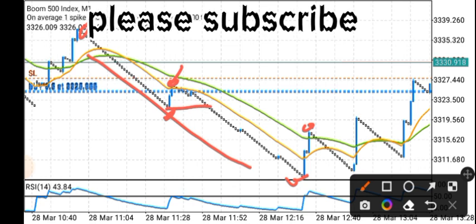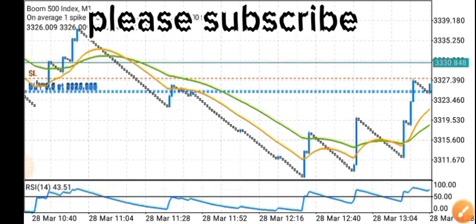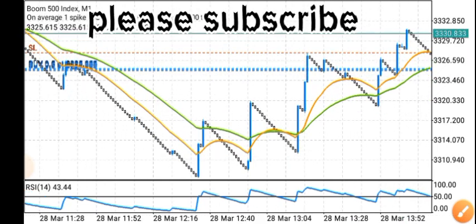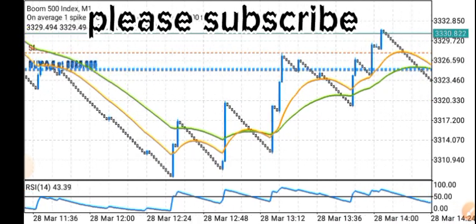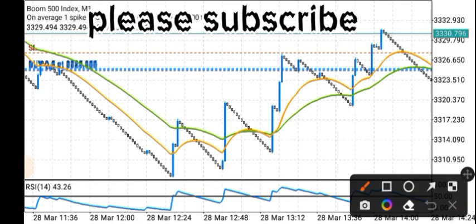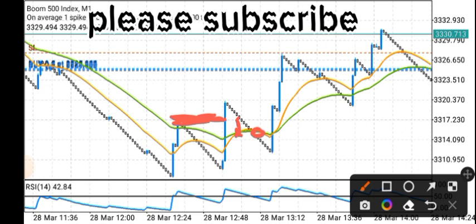Price broke structure here, came down. Now at this point, it could not break this low again. It could not take out this low again. I can see what happened. It gave a spike, and this spike was above this one, right? That is a signal that price is changing direction. So as soon as that happened, what you want to do is wait for price to come back to this moving average, because it has crossed each other again, and this high here has been taken out, which means price has changed direction.